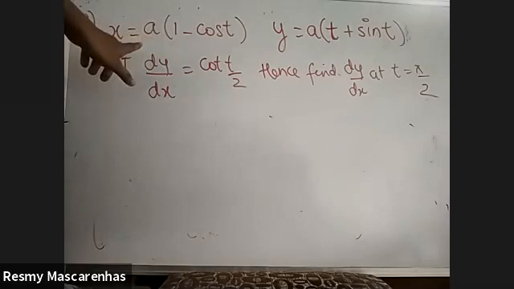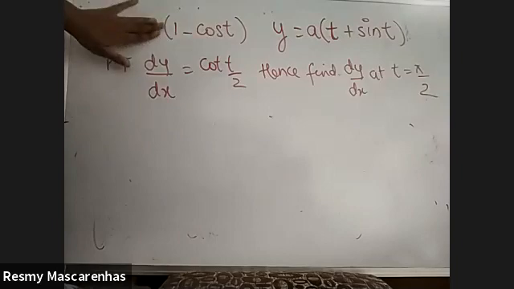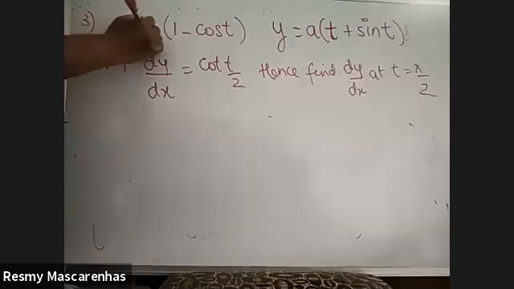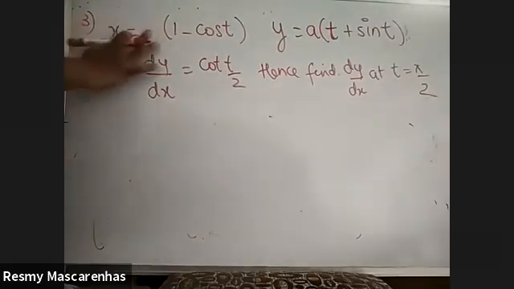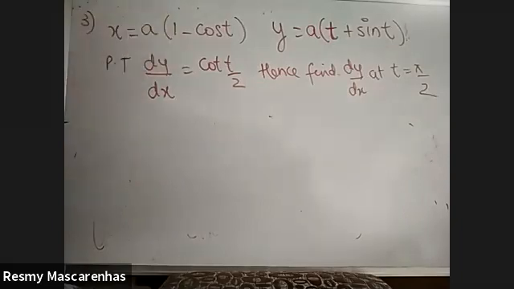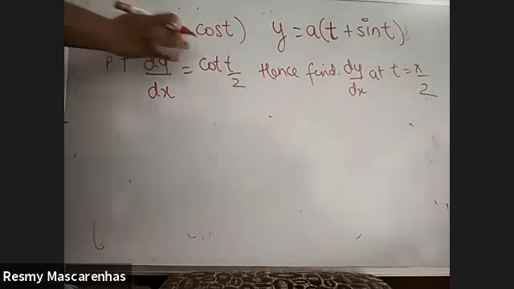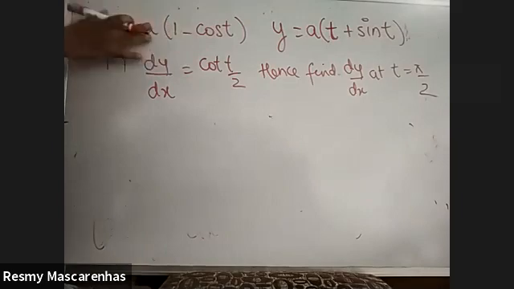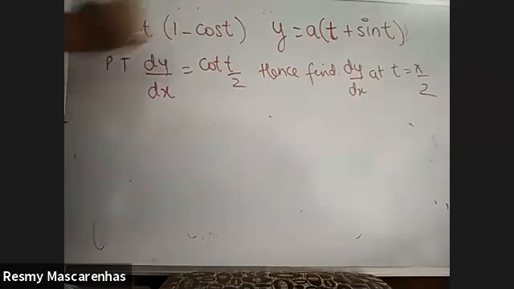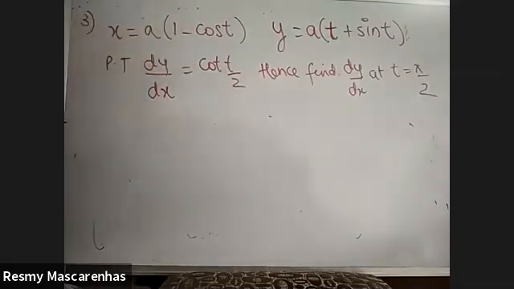Remember, a is a coefficient, not x or a variable. A is like some number. It's equivalent to having some number 2 over here. So don't worry about A. A is like a constant at the side. So don't go to use u into v. This is a coefficient. If instead of that it was some t, then it would become u into v. But A is a letter, a normal alphabet, a constant.